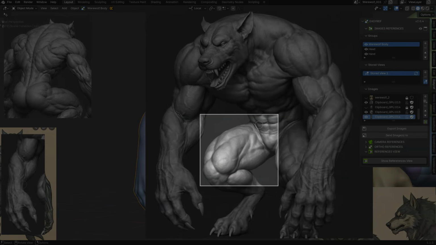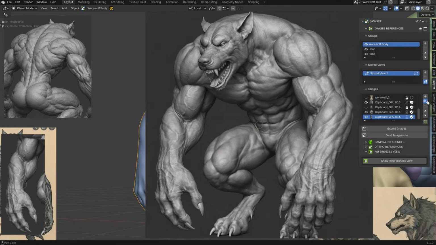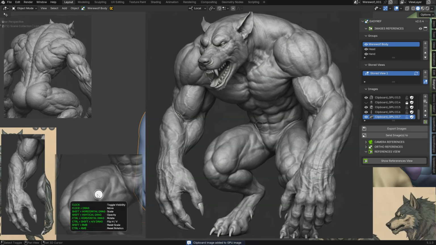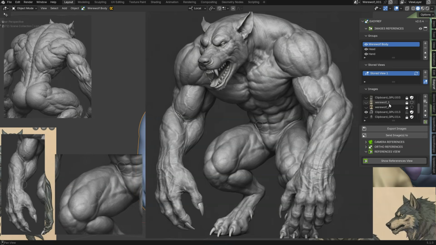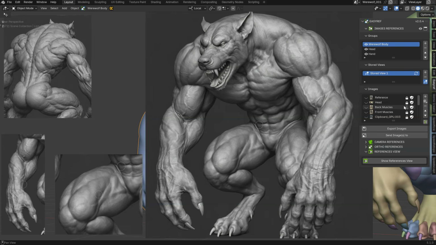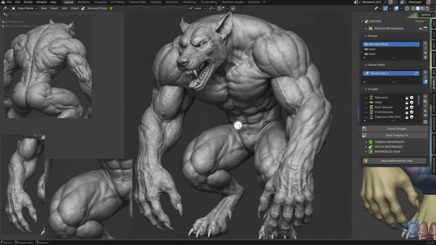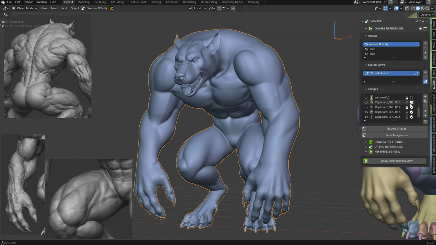I just want this part, up, let's add it here, and bam, I will have only the part that is interesting. So let's hide this and lock them, so like that I will not see them. And this one I can just hide it too, so here, and like that.